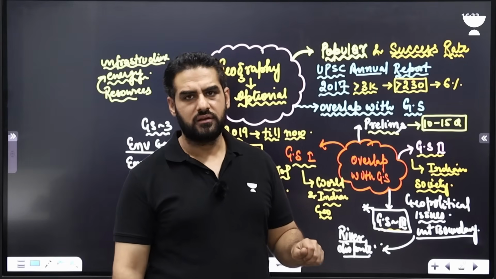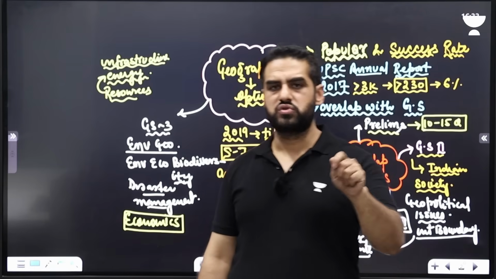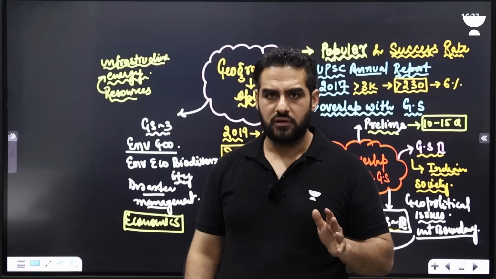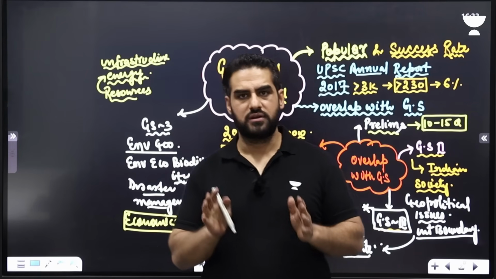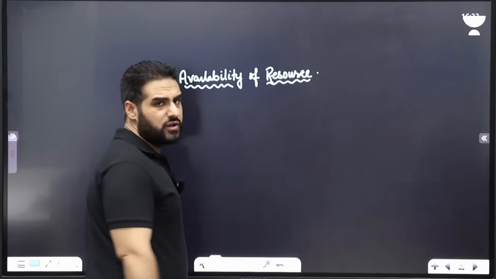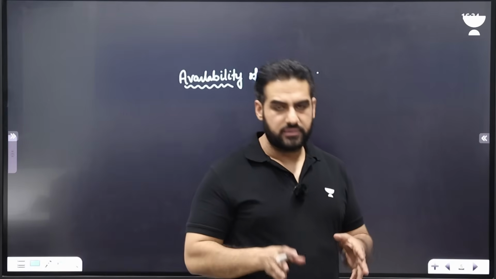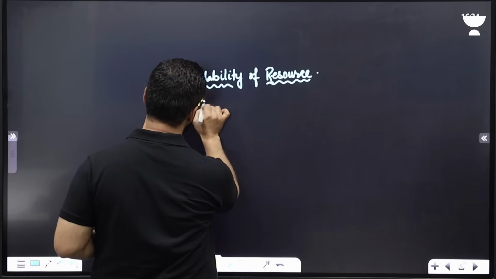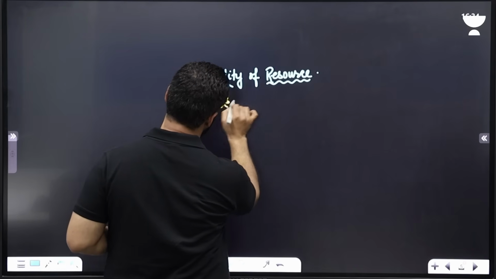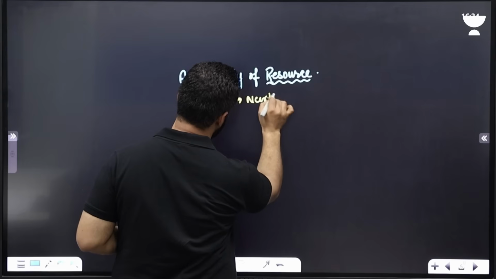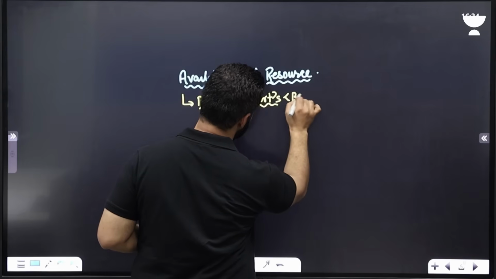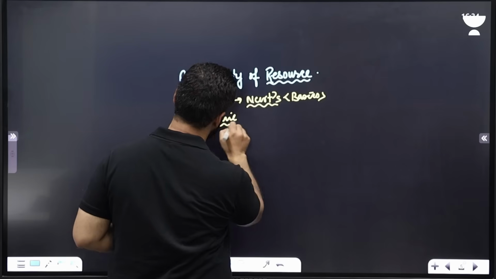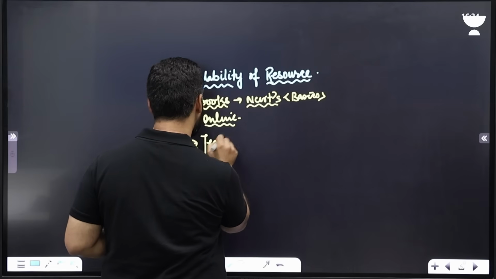But again, that doesn't mean this subject should be chosen as an optional because of these facts. The important thing is your interest. The first thing what matters here is your interest. Now, availability of resources. There is no dearth of the availability of resources for geography as an option. Books are available there. For basics, NCERT are there to build up your basics. Online resources are there. Test series are there.